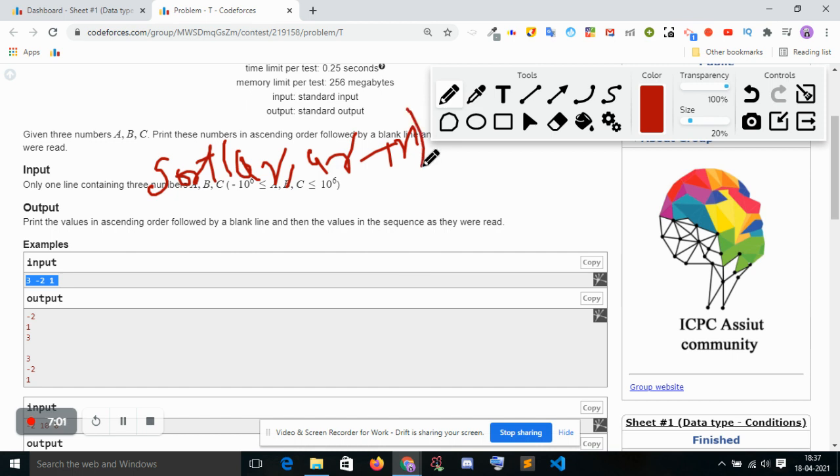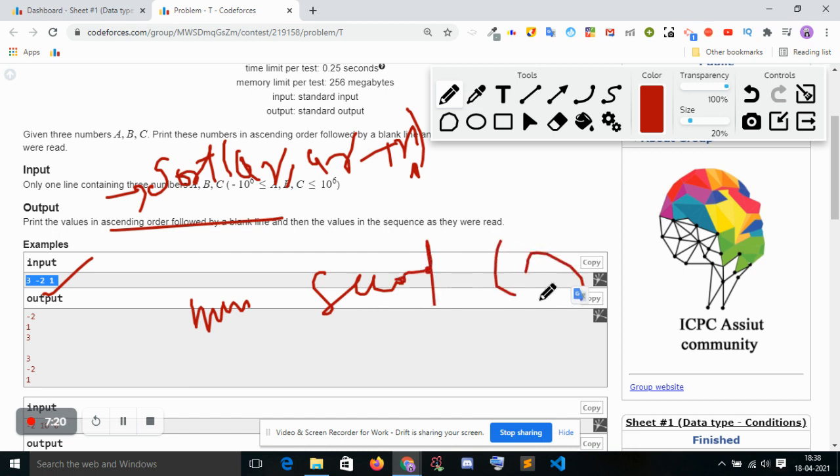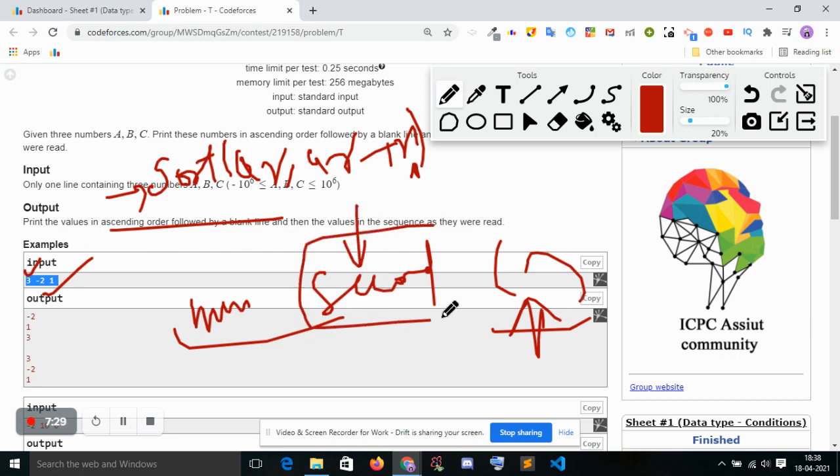Okay, here n is excluded. So what that means, if I use an array, you can find in ascending order the minimum value and the second minimum, and whatever is left is the third, the largest number. Or you can take the first minimum number and the maximum number, and whatever is left is the second number. So it is in ascending order. You can do it like that if you want.